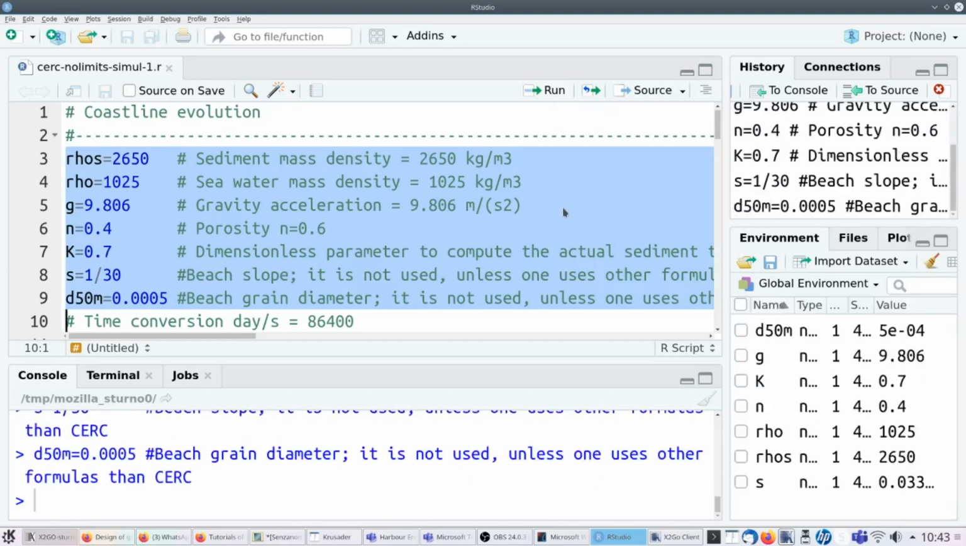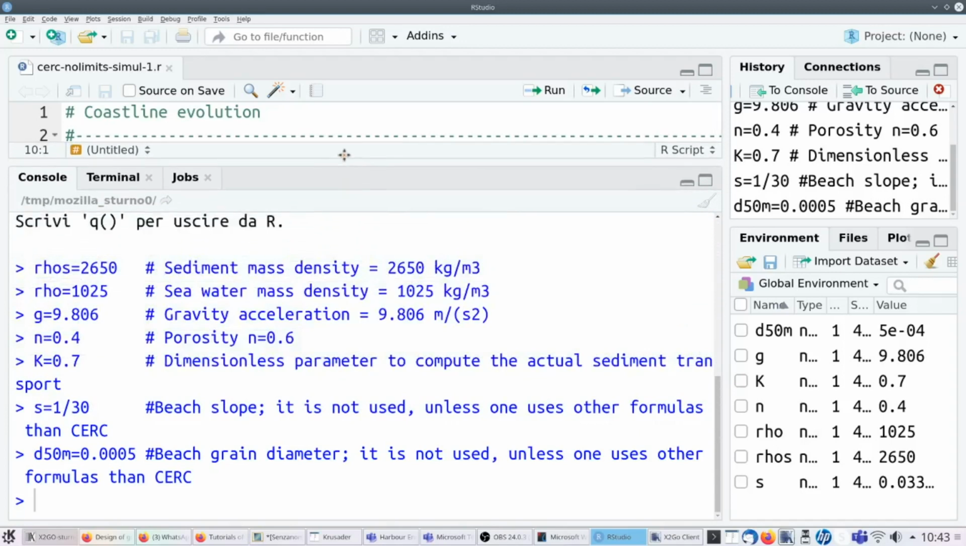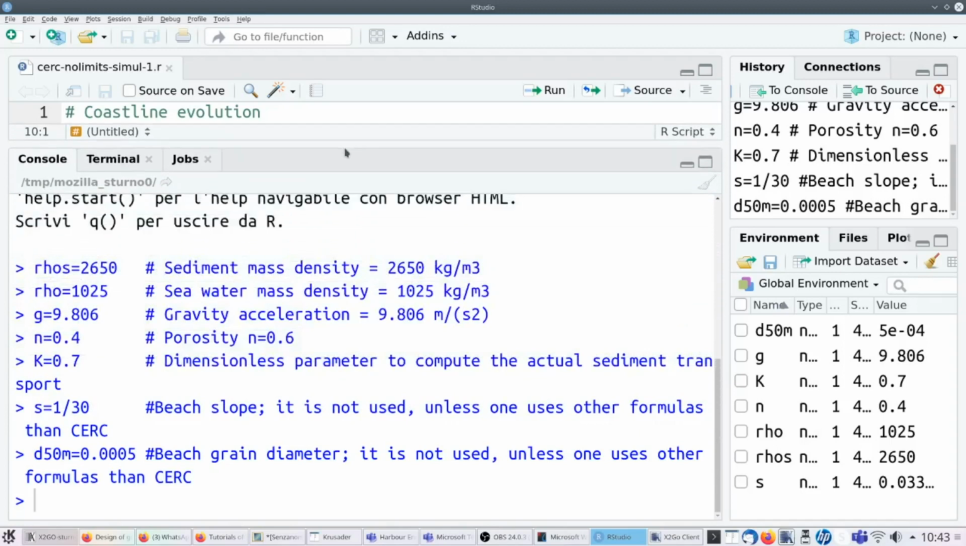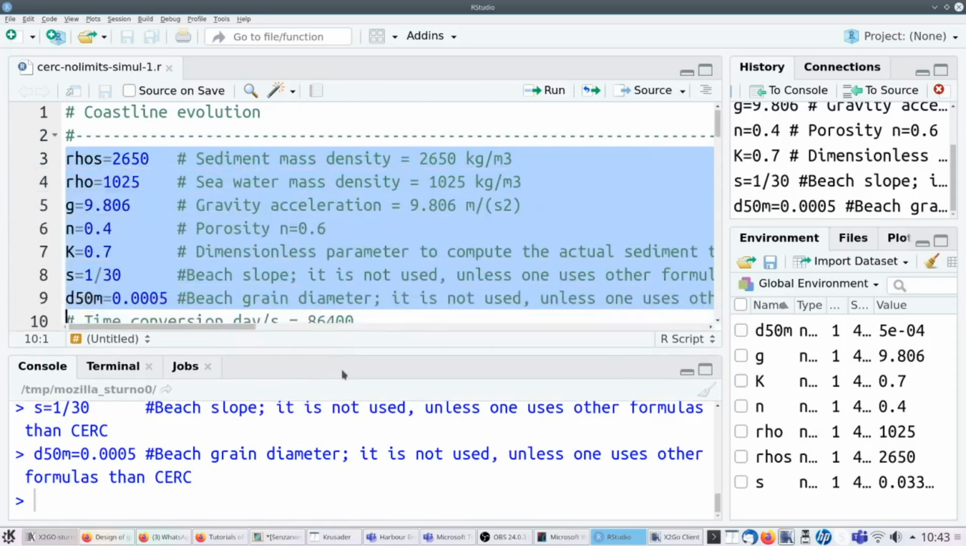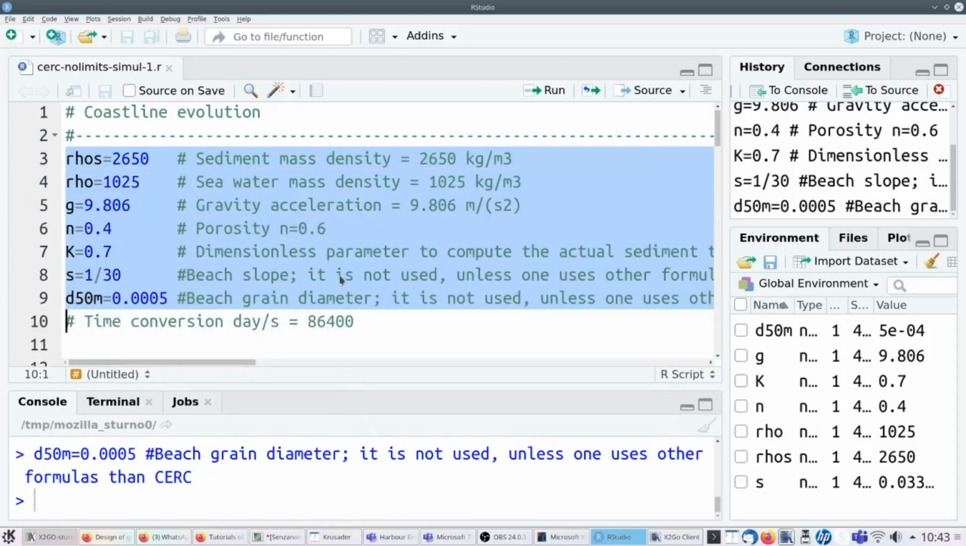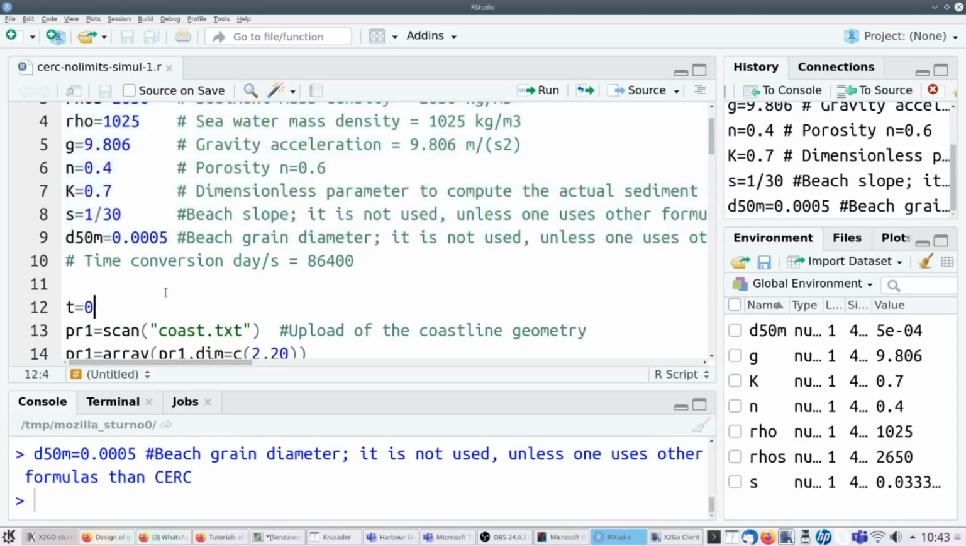And you see that in the console, everything went forward. If you expand the console, you see that the instructions are copied from the script to the console and are executed. This is precisely what we wanted. And you see that it's extremely efficient to work in RStudio in this way. Okay, now we have